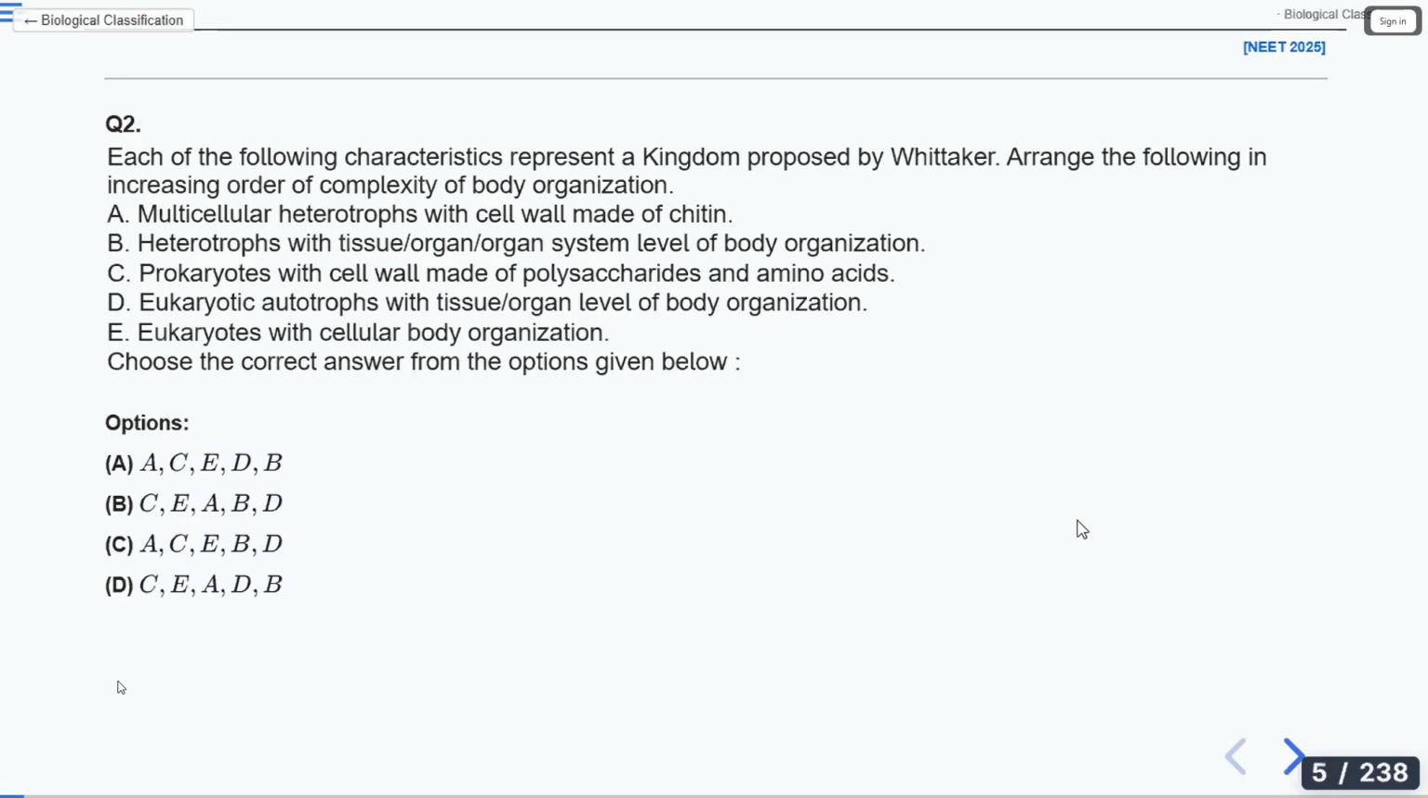See, cells will group to form tissue, then tissue to organs, organ to organ system. Like that, you have to arrange the following in the increasing order. Which came first, then which came. Okay, you think option D is correct. Many are saying option D. What is that option D? CEADB. Prokaryotes, then eukaryotes with cellular body organization,